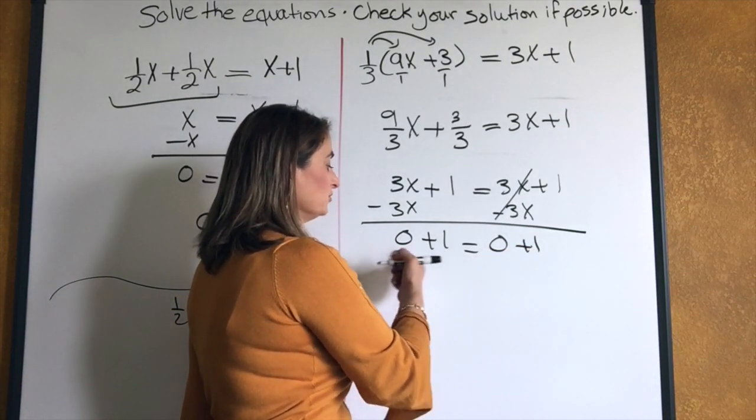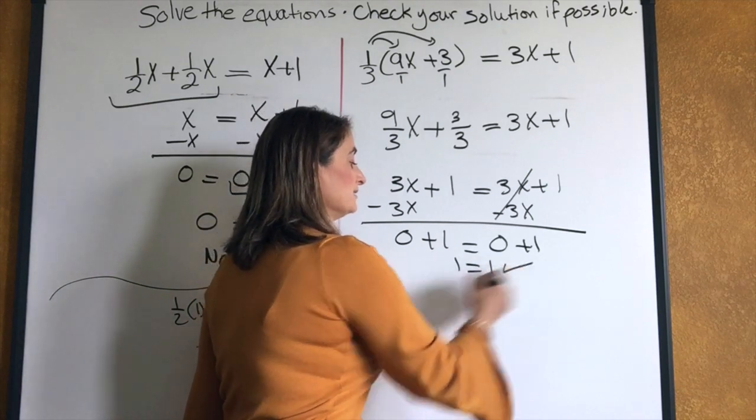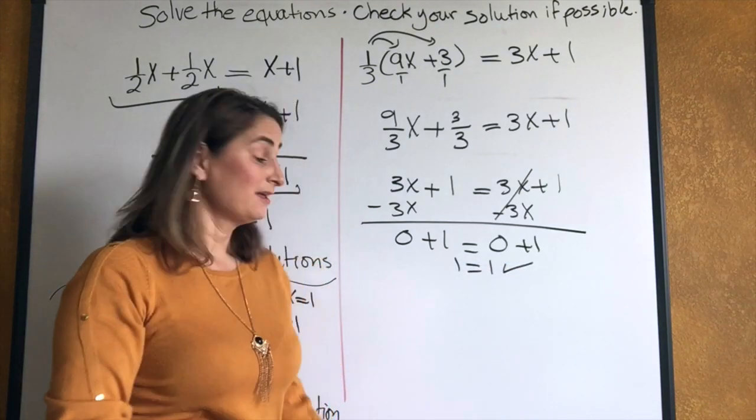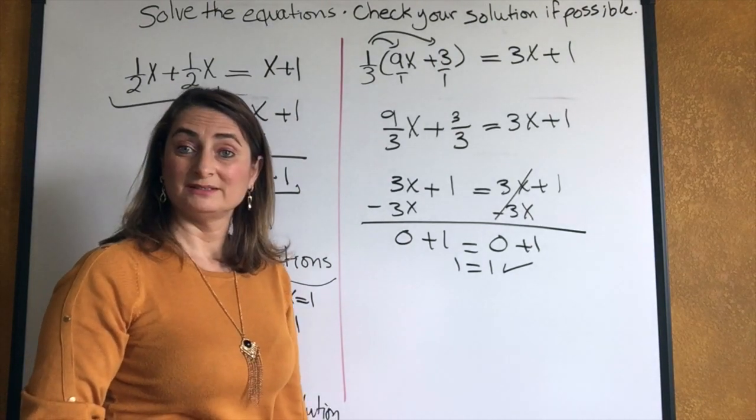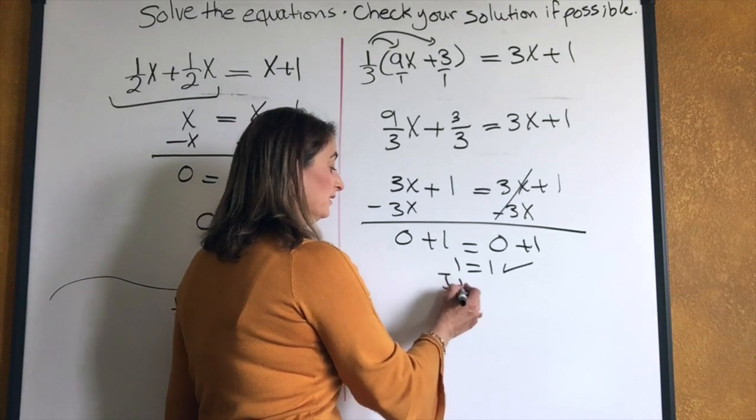Now combine like terms. 0 plus 1 is 1. Does 1 equal 1? Yes, it's balanced, it's checked. But what does that mean? It means infinite solutions. So the answer to this one is infinitely